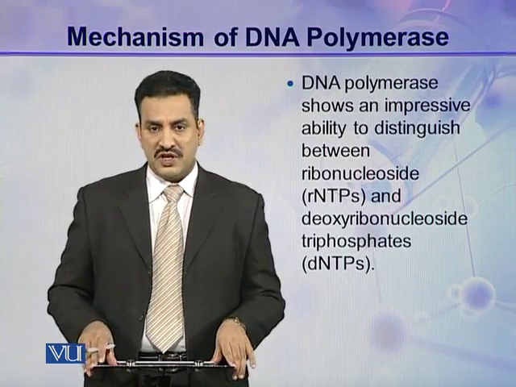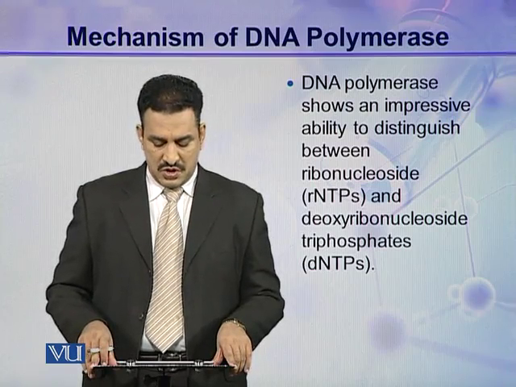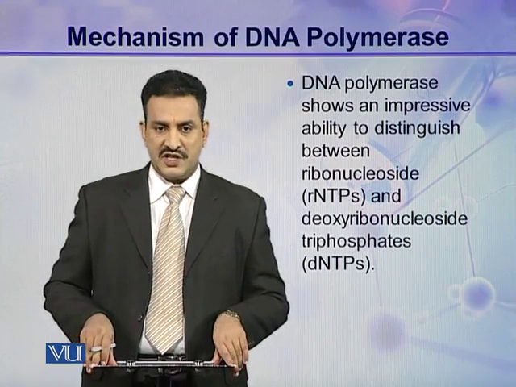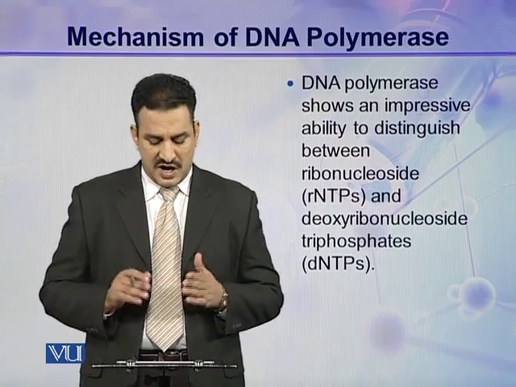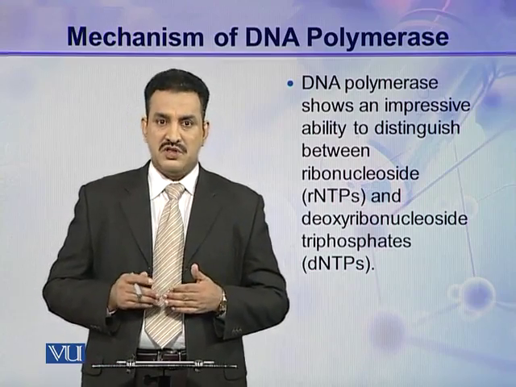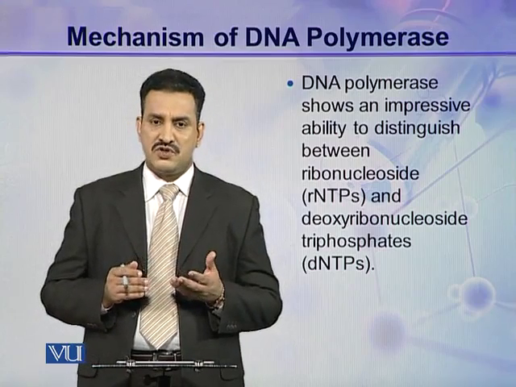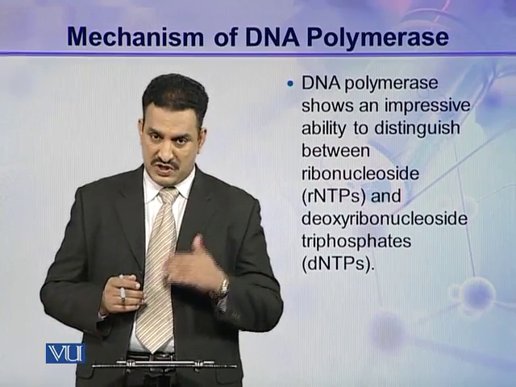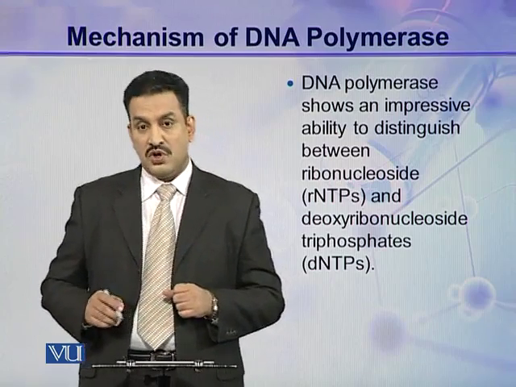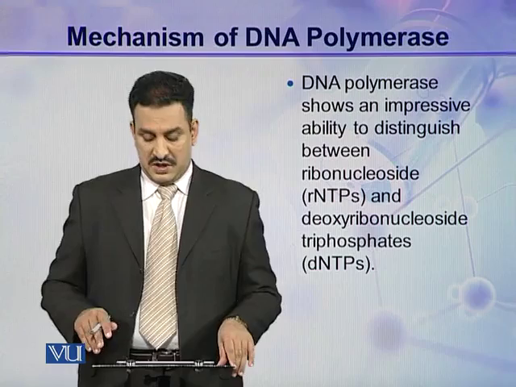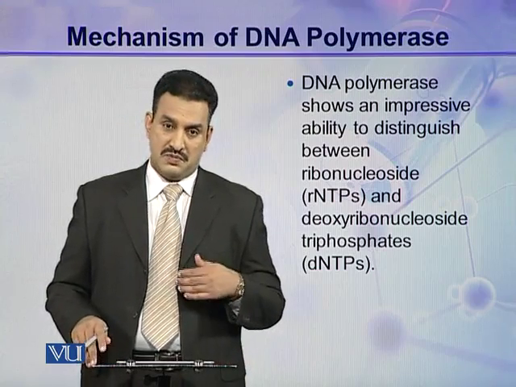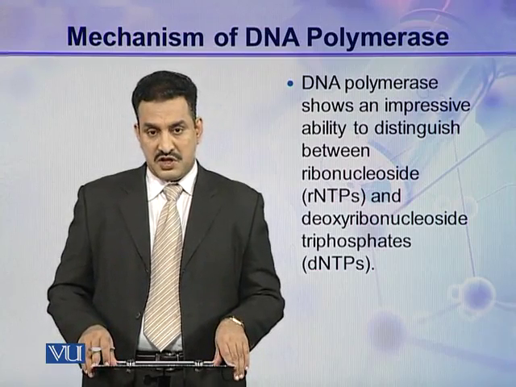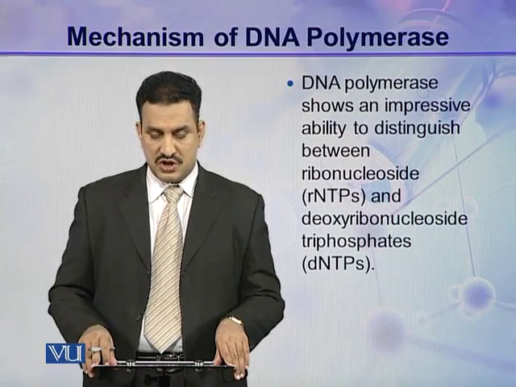DNA polymerase shows an impressive ability to distinguish between ribonucleoside triphosphates and deoxyribonucleoside triphosphates. As you know, these RNTPs and DNTPs have a very slight difference, and the difference of only one O is present between these RNTPs and DNTPs. So there are chances that RNTP can base pair with the template instead of DNTP, but DNA polymerase has a very good ability to distinguish